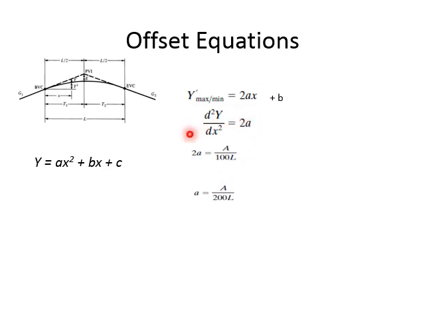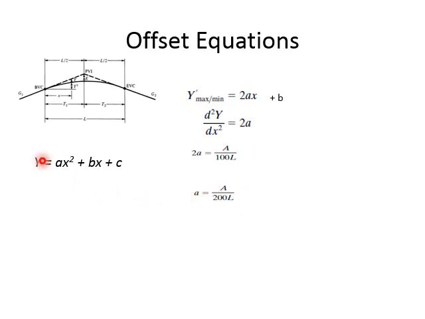Okay, so 2a equals rate of change of gradient upon length. So this becomes rate of change of gradient, which is equal to 2a, because it's a second derivative. So from this equation, a equals this. Now why are we putting 100 here? Because a is in percentage, remember, G2 minus G1, so both are in percentage, so a will be in percentage. So in order to convert a back to fractions, we divide by 100. So a becomes equal to this.